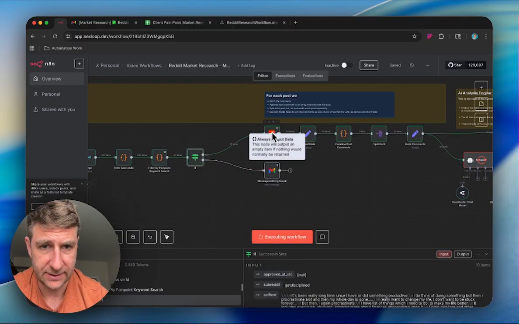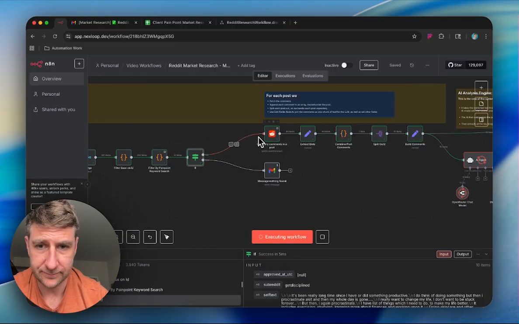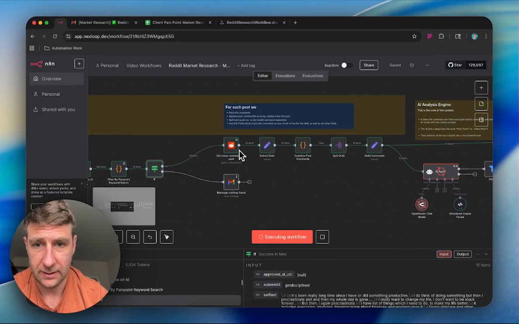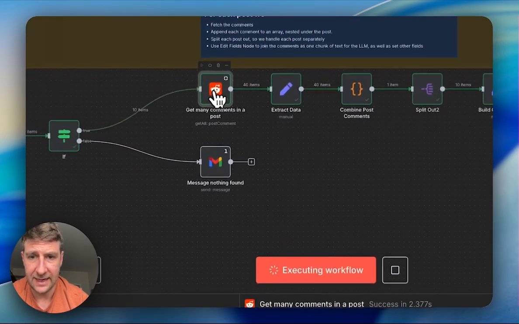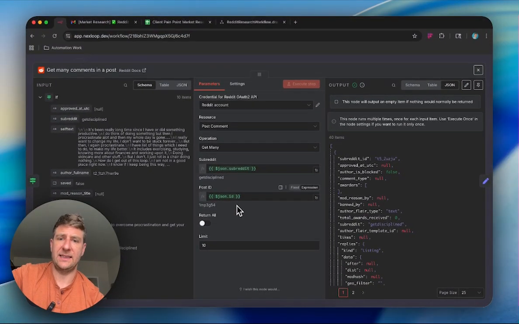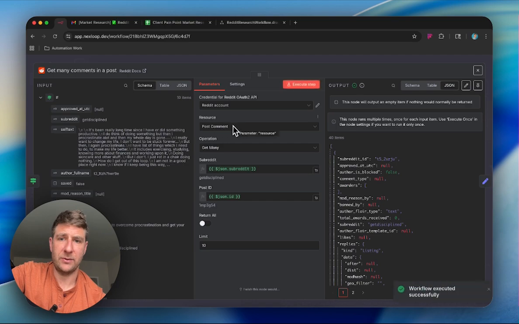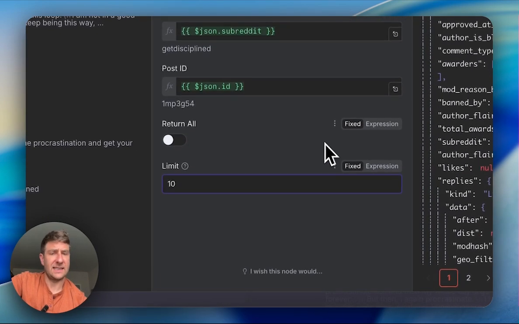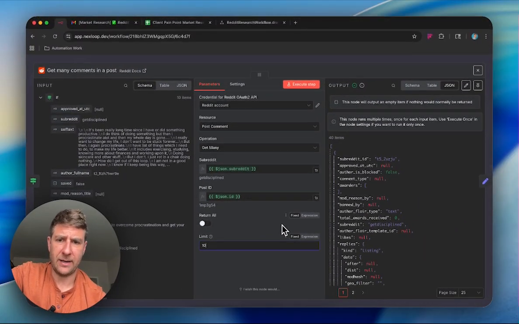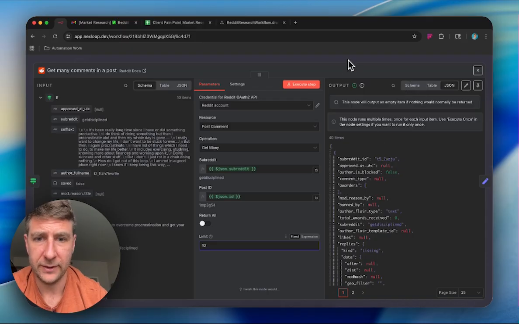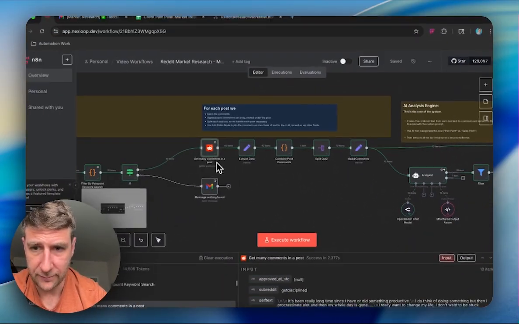Okay, so there's our 10 items. Great, so yeah, in this case, we have our posts there, and now what we do is we pass the ID of the post into our Reddit node, which is going for post comments as the resource and getting many. I have it limited to 10 because that just seems like a relevant amount of comments to get for each post. So I'm only getting the top 10 comments for the post, which, let's see, from there we